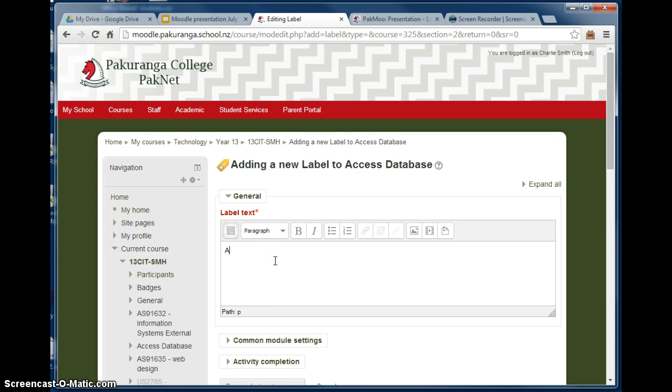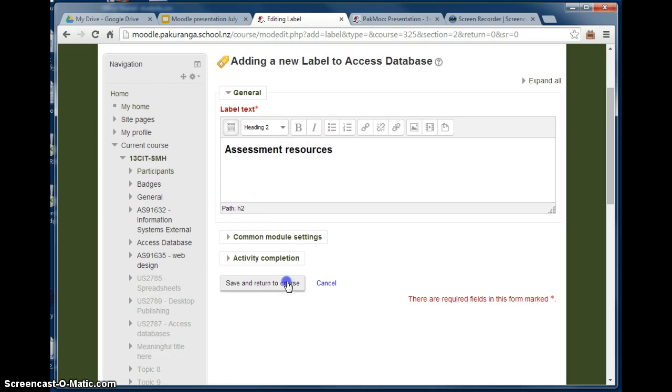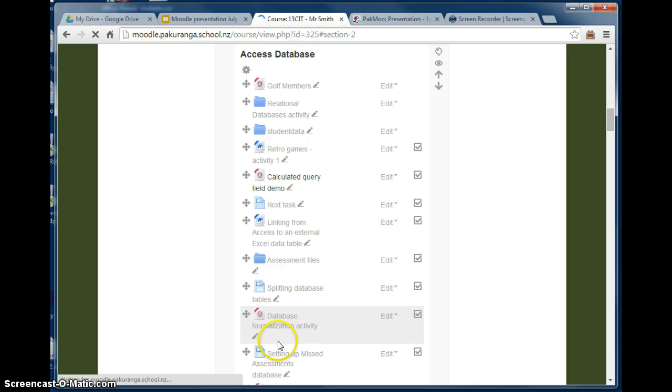And I'm going to put in here assessment, and while I'm here I'm going to make it a bit bigger and bolder than the other things. I think heading 2 would be good. So assessment resources I'll put here, and save and return to course. Now of course that's put it at the bottom,